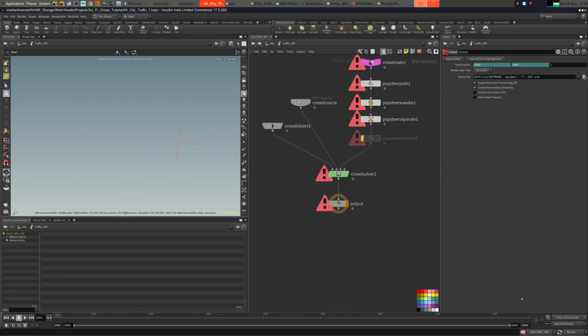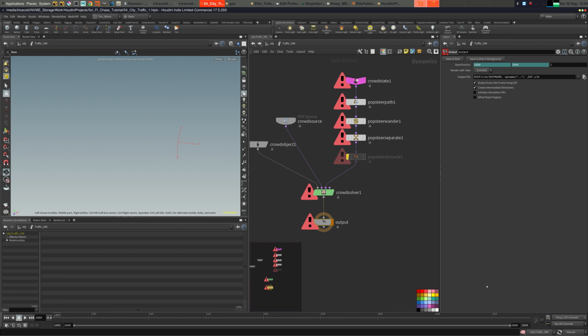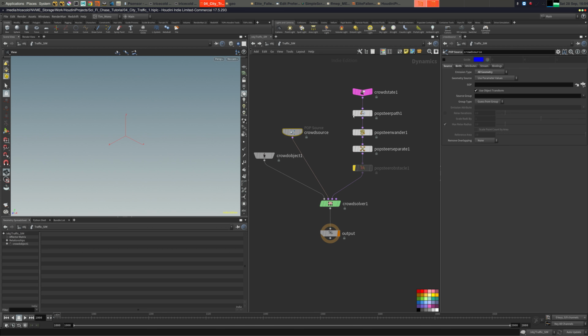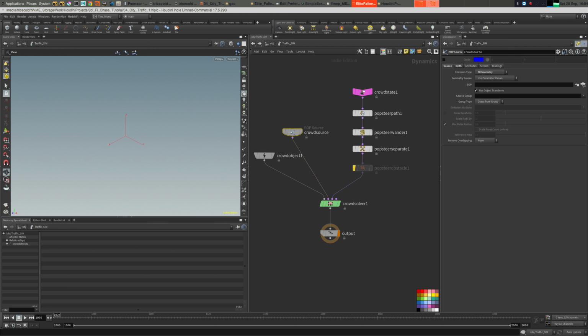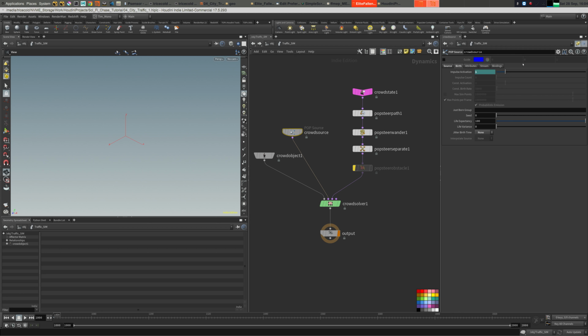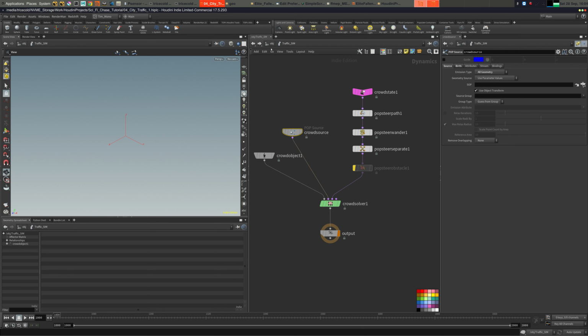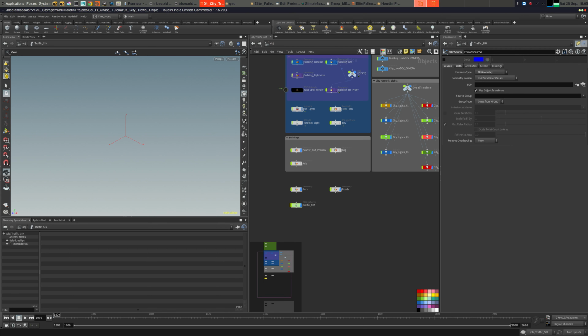So if I dive inside and hopefully put everything in auto mode, it's gonna cook. Oh, we forgot to plug in our crowd source. So there's gonna be all geometry, and impulse activation is the first frame. Obviously we don't want to spawn cars, but you could if you wanted. And then go back inside the roads,